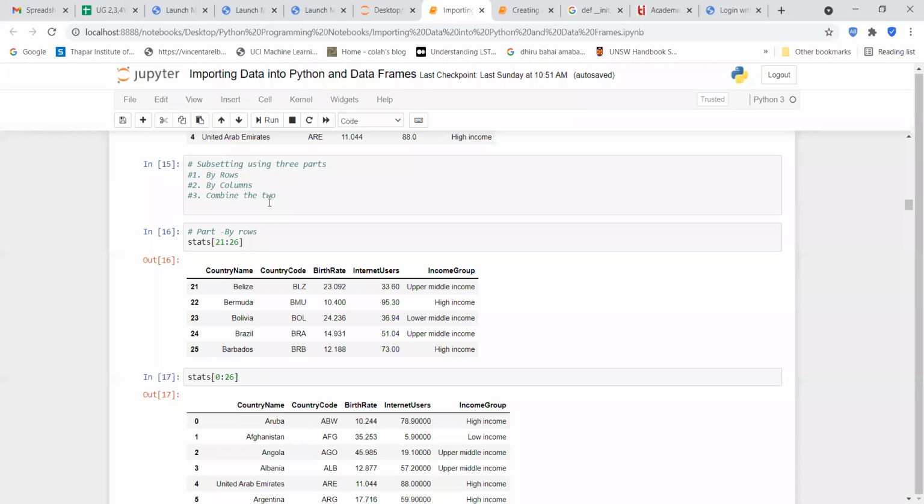That is, if you want to see some of the rows out of the data set, or if you want to see only a few columns, or if you want to see some rows and a few columns. So that's the meaning of the 3 ways by which we can do the subsetting. For example, stats is the name of the data set. If I want to say the 21st row, and 26th will not be included. So if I run this,